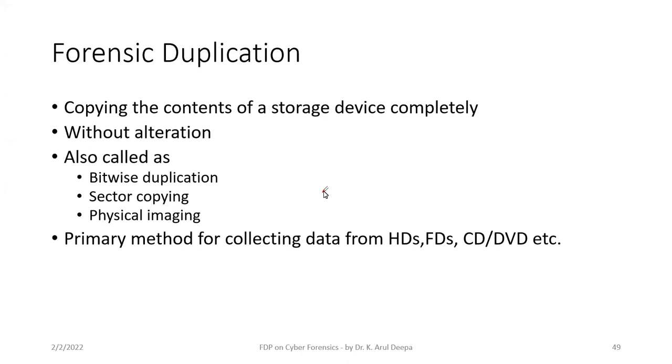Then we started discussing the forensic duplication. So forensic duplication is more than copying. Copying is simply taking a copy, collecting the information available in a particular file or a folder. Imaging is more than that. If you image a device, if you image a drive, the entire drive portion will be copied, will be taken with you. You can consider that for investigation. So, for example,